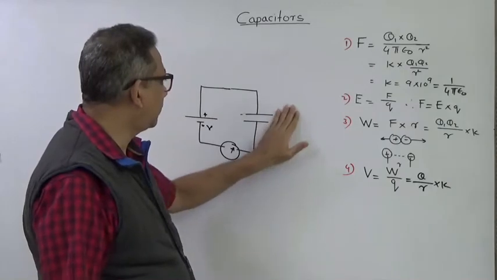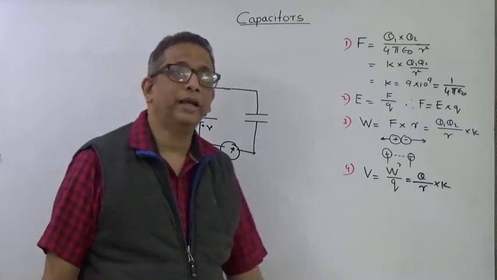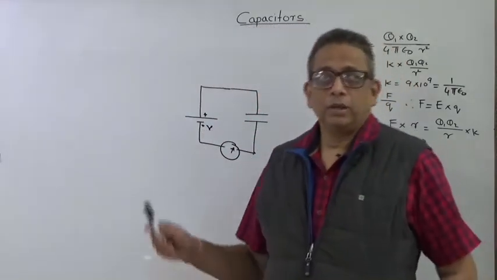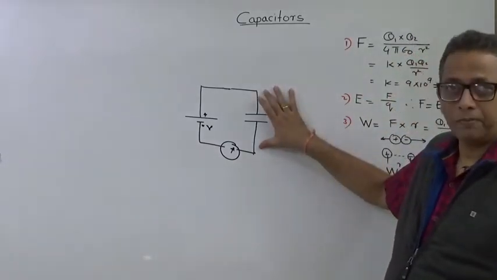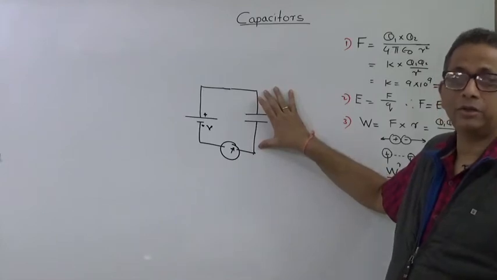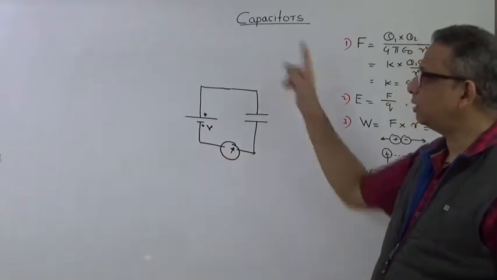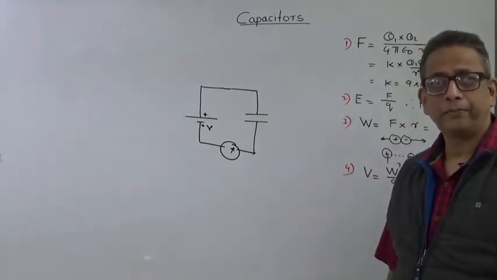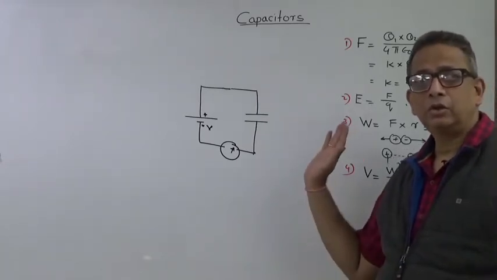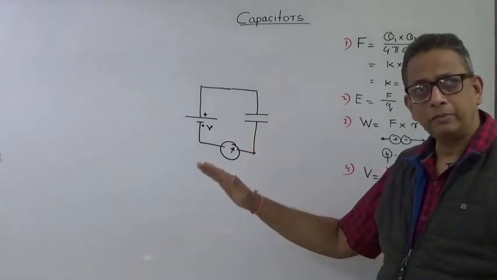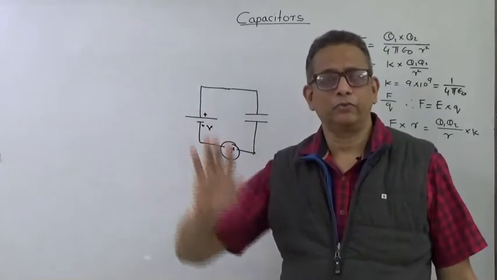Before understanding how the capacitor works, I am just explaining to you the application, that how it is going to behave, right? A neutral capacitor, when it is connected to a voltage, initially the voltage across this is 0. The voltage across the capacitor is 0 because there is no charge developed on it. The moment I connect it to a battery, there is a sudden flow of current flowing in the circuit, which slowly reduces, becomes 0, and then for an infinite time, you will see there is no flow of current.